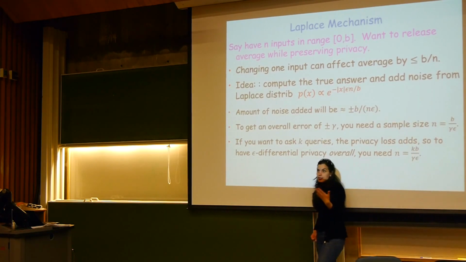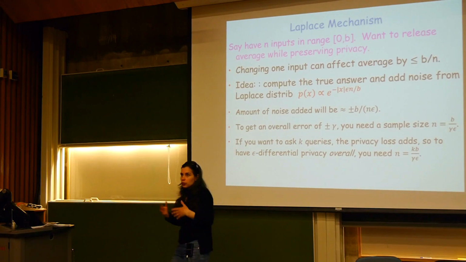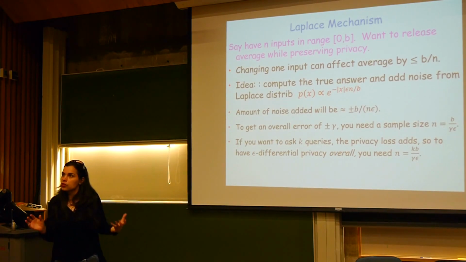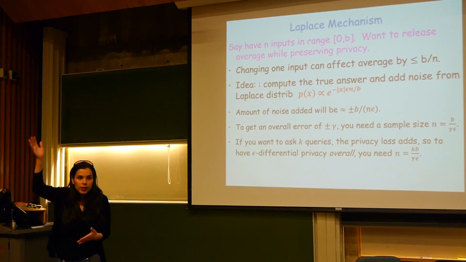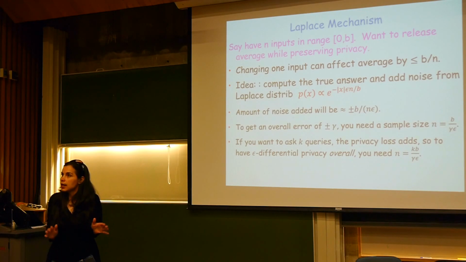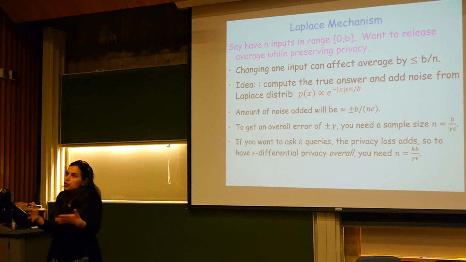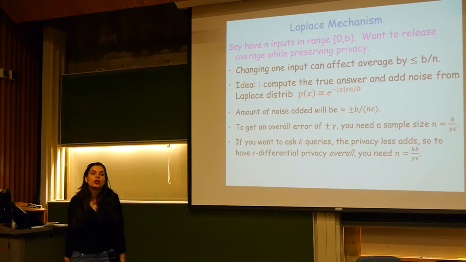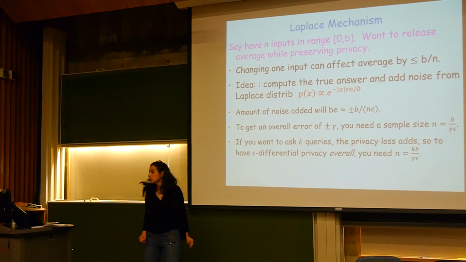So we can handle many more queries. If we do a real machine learning application, like trying to run the ID3 algorithm for learning decision trees, obviously we're going to need to compute many of these queries to see how good a split is. The point is that we can ensure differential privacy, but the number of samples we need depends on how many splits we need to use.